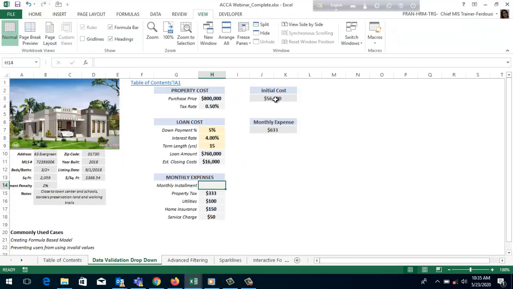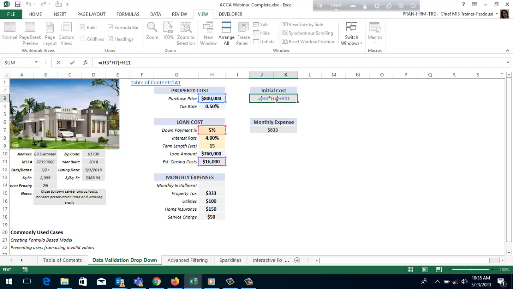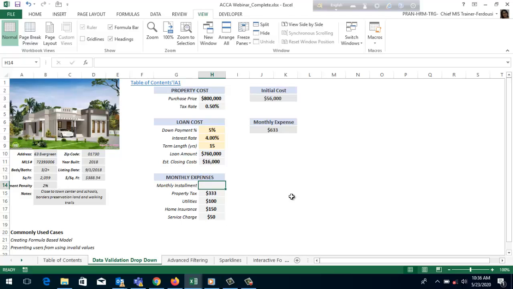Here is a simple calculation, that is initial cost. Initial cost is purchase price times down payment percentage plus estimated closing cost, and monthly installment will cover all these expenses. So now we will calculate the monthly installment. That is the function PMT. So use the equal sign, then PMT, use parenthesis, rate would be this cell position divided by 12 months, comma,